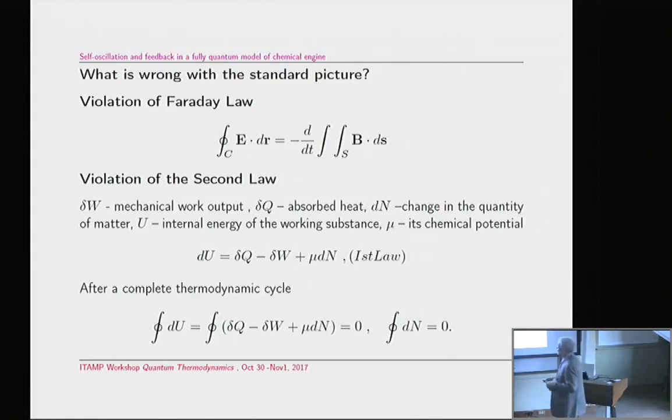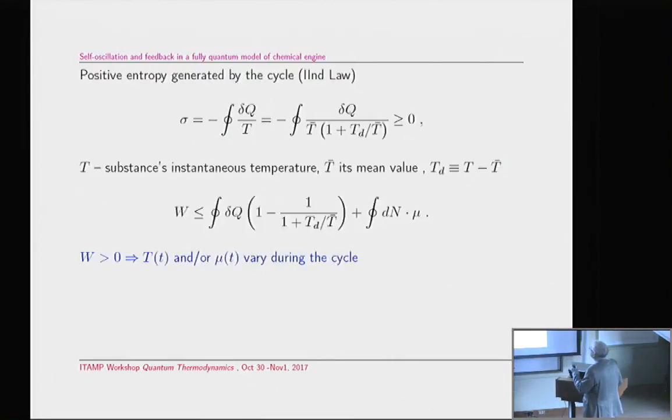And moreover, you know that if the engine should work permanently, you need a kind of cycle. It can be, in principle, infinite cycles, but after completing a cycle, the internal energy of the working substance should return to its initial value, and also the quantity of this substance should be the same after completion of the cycle. And if you put all these bounds and you add positive entropy generation during the cycle, you can get the following formula. It is already a 19th century formula, maybe slightly modified. You see that there is a bound on work, where